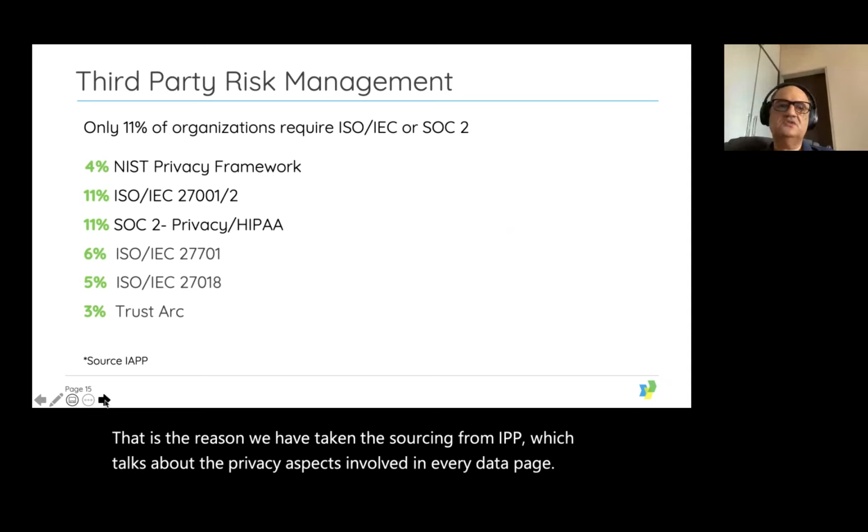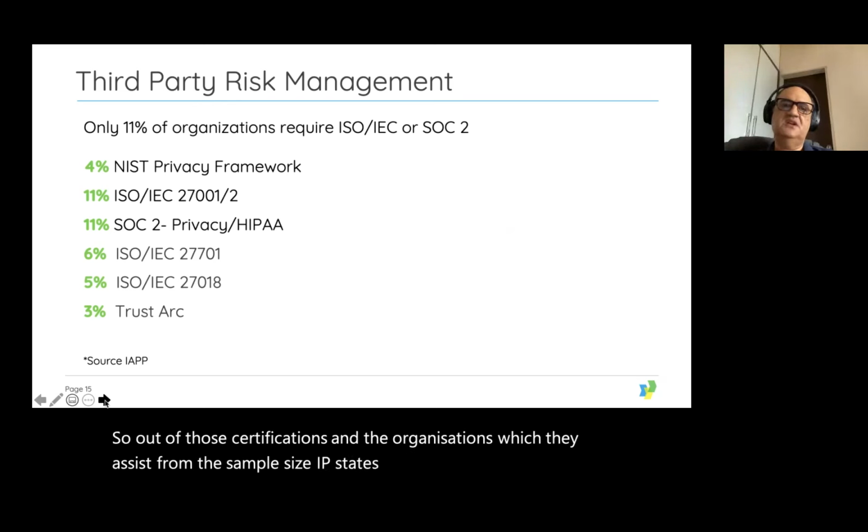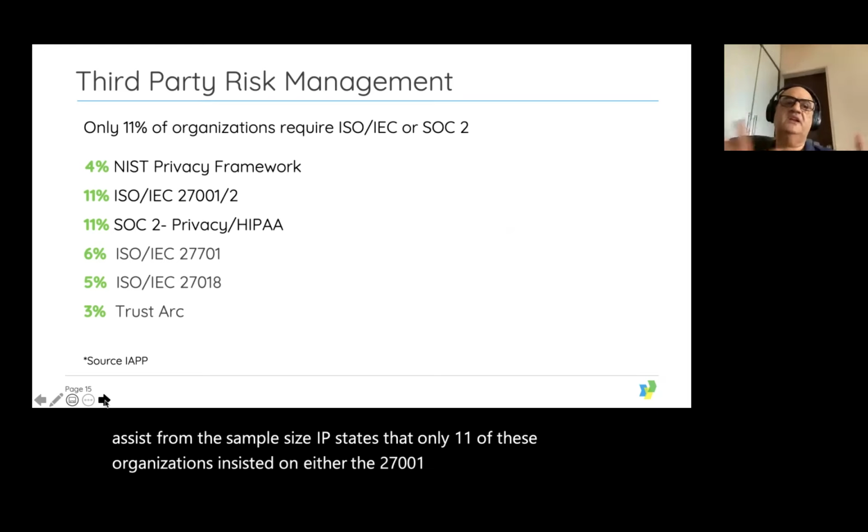So out of those certifications and the organizations which they assessed from the sample size, IAPP states that only 11% of these organizations insisted on either the 27001 or the SOC 2 for privacy out of the entire audits being conducted.